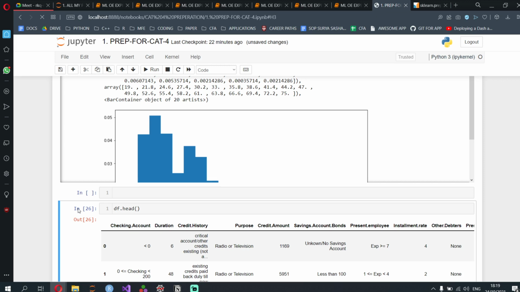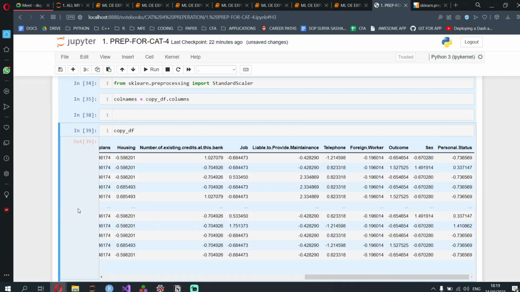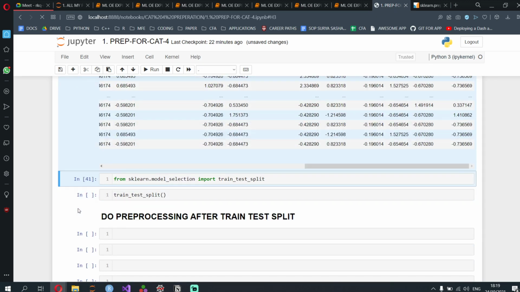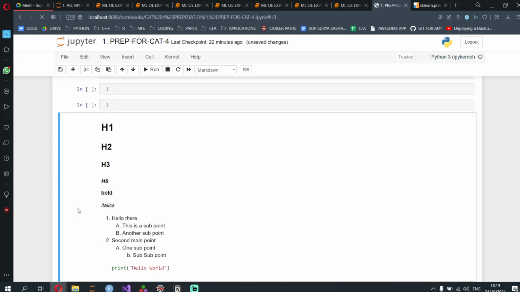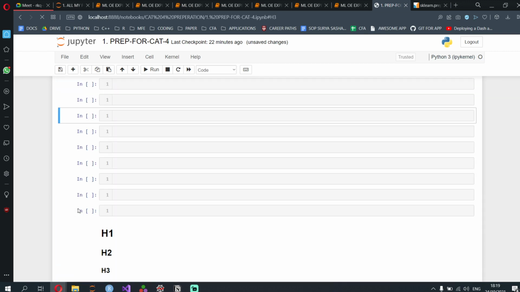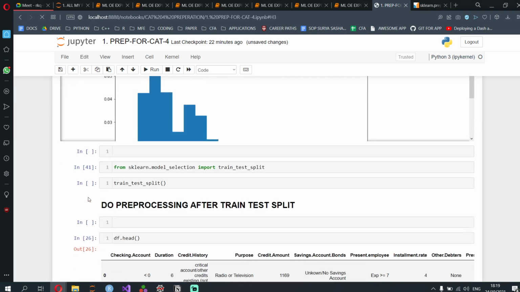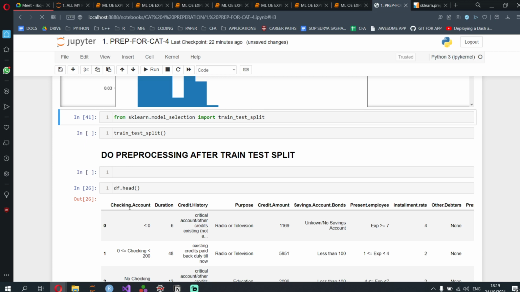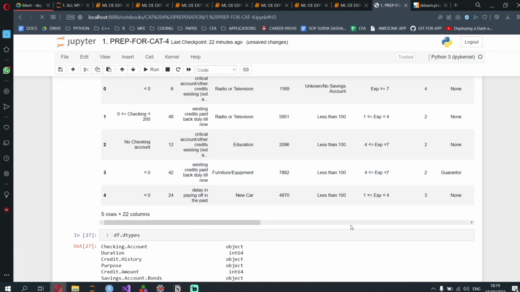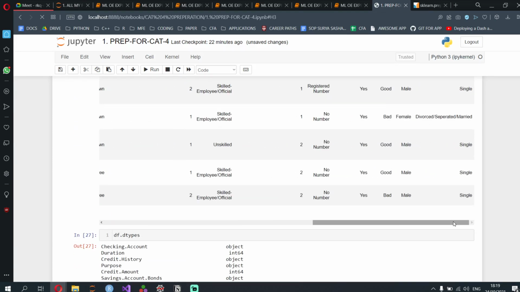So I'm going to do Control X, and then paste it over here. Do pre-processing after. The reason you want to do that is because you don't want to change your outcome variable at all. Your outcome variable should be the same.